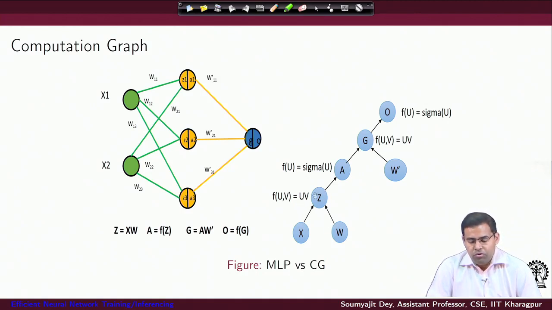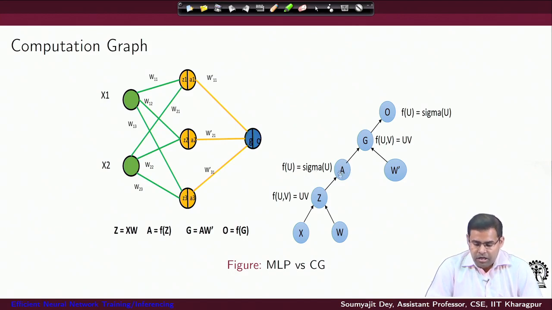Then the output will flow to another node, I call that output A, right. This dependency is further captured by this arrow from node Z to node A. And how do I really get A? The computation that will provide me A is again denoted here using this function f of u. I am just saying that the function takes whatever argument, let us call it u, the output is sigma of u. So, sigma is an activation function here, right.